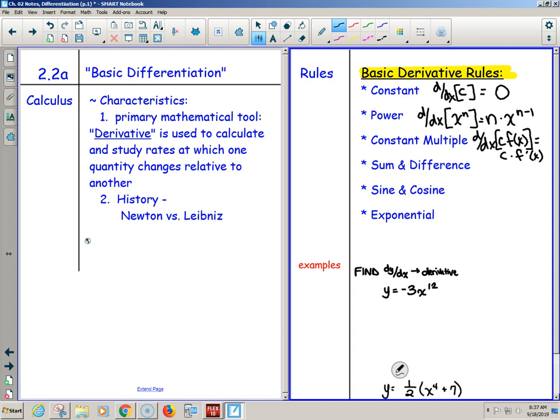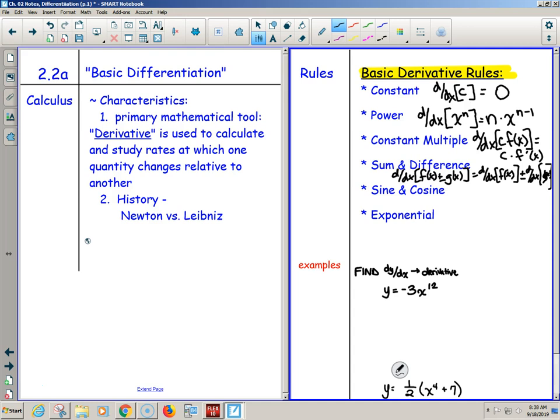So the constant multiple rule says if we have a function times a constant, the constant just gets to chill, and I'll take the derivative of the function. Sum and difference rule: since the derivative is a limit, if I want to take the derivative of some f plus or minus some g, guess what I can do? Take the derivative piece by piece, step by step. All of these rules come back to those limit rules because derivatives are limits. I know it got squishy, but think about it. The derivative of a sum or difference of functions, I just take the derivative piece by piece: derivative of f plus or minus derivative of g.